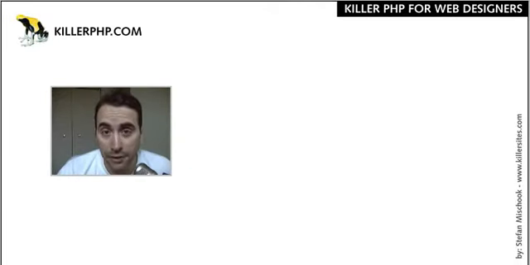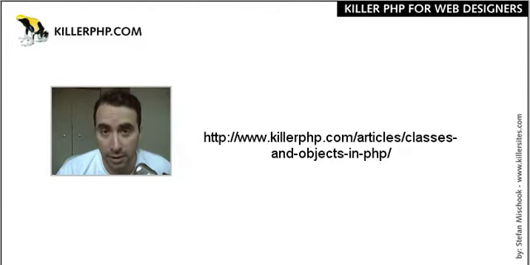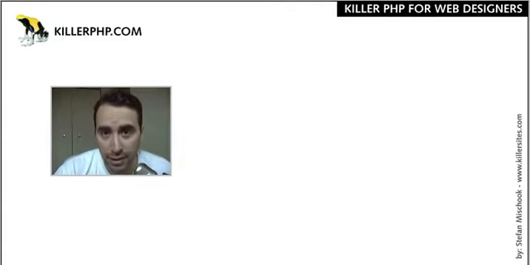I'm now briefly going to discuss some of the concepts that I wrote about in the PDF Classes and Objects in PHP. You can find this PDF at killerphp.com. Just do a search for PDFs and look for Classes and Objects. You'll find it there. It will give you the background material required to be able to start creating objects in real code. But for those who are not big readers, I'm going to quickly go over some of the key concepts that I write about in that document, so that when we do actually start creating our objects, you'll understand it. So let's get to it now.